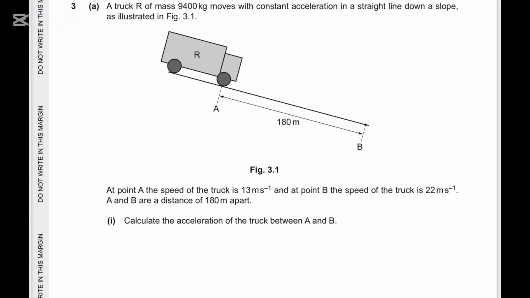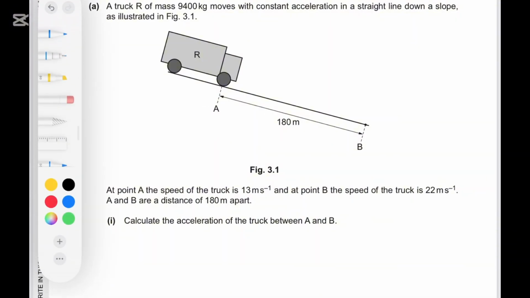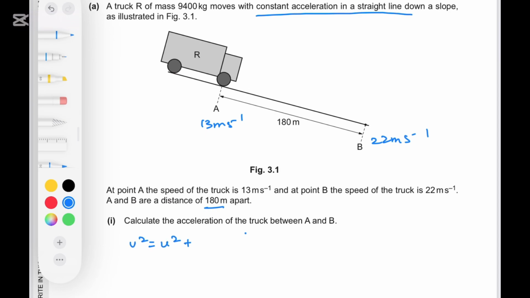A truck R of mass 9400 kilograms moves with constant acceleration in a straight line down a slope, as illustrated in this figure. At point A, it has a speed of 13 meters per second, and at point B, it has a speed of 22 meters per second. They are 180 meters away from each other. You're supposed to calculate the acceleration. Since this truck moves with constant acceleration in a straight line, here you can use this formula to find the acceleration. So that would be